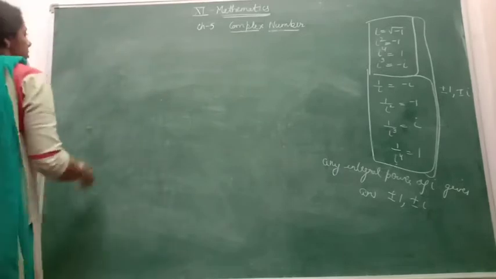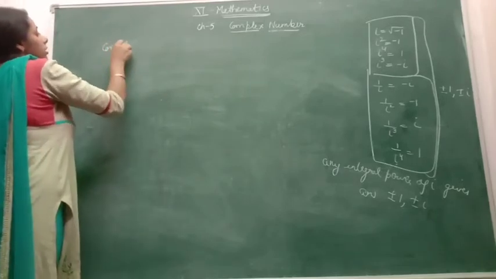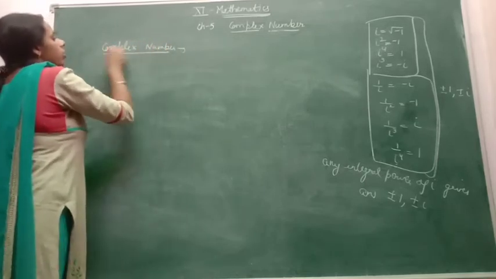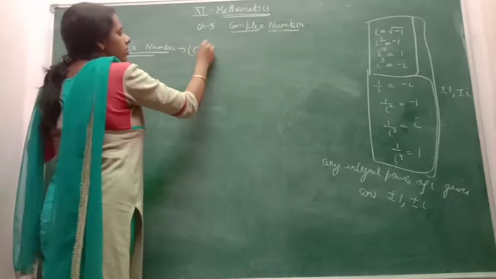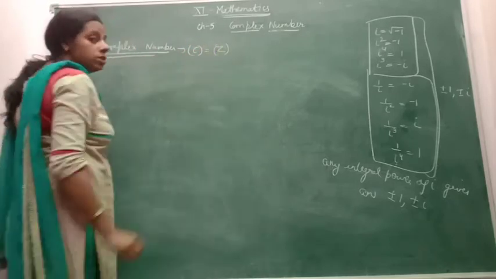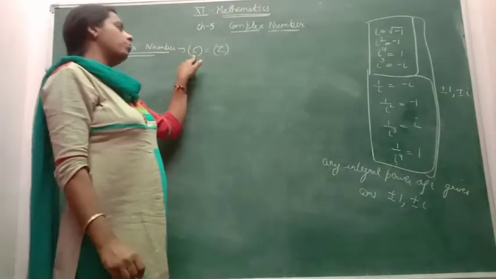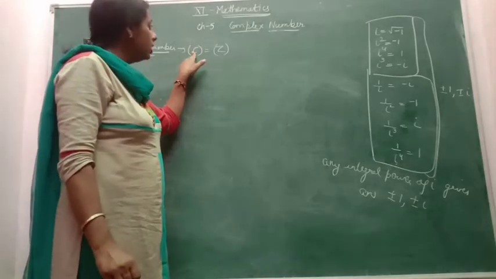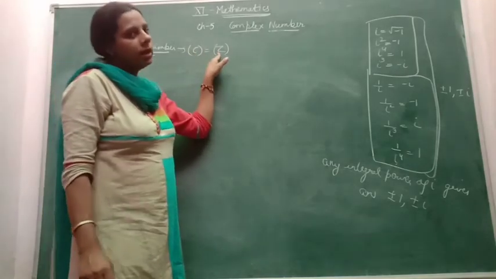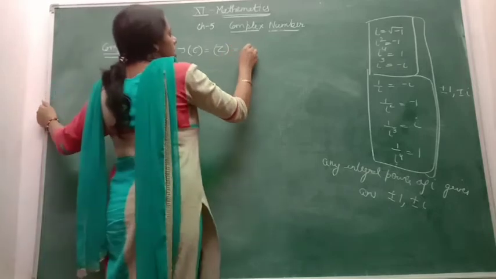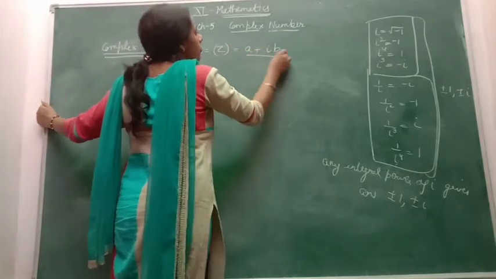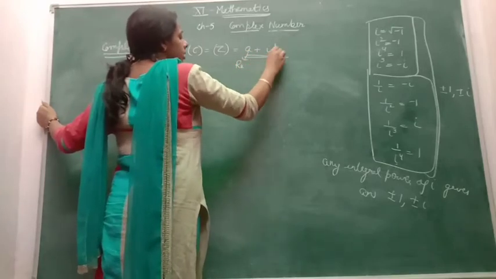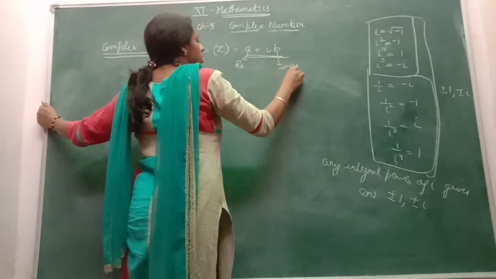Okay, now come to the complex number. What is the complex number actually, which is our chapter name also. The complex number is always represented by C, or somewhere it is represented by capital Z. That is the set of complex numbers. In some books it is written as capital C, in some books it is represented by capital Z, which is A plus iota B, in this form, where A is the real part and B is the imaginary part.